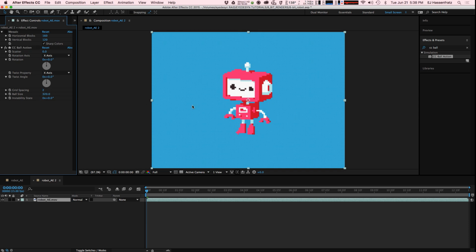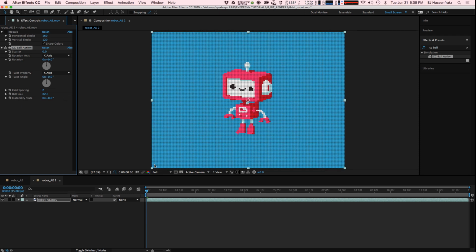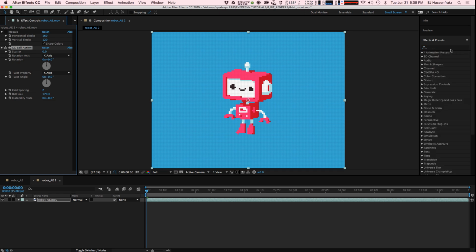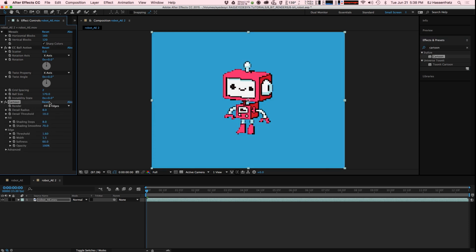I don't know if you can actually see this in the compression, but the way CC ball action works is we have a little bit of diffuse on all of these little balls, so no matter how big the ball size is, we have a slight grid created by the diffuse on those individual balls. So to actually get rid of that, we need to simplify our colors to remove all those little grid details. So the thing I like to use is Cartoon, the stylize effect, and I'll apply that,